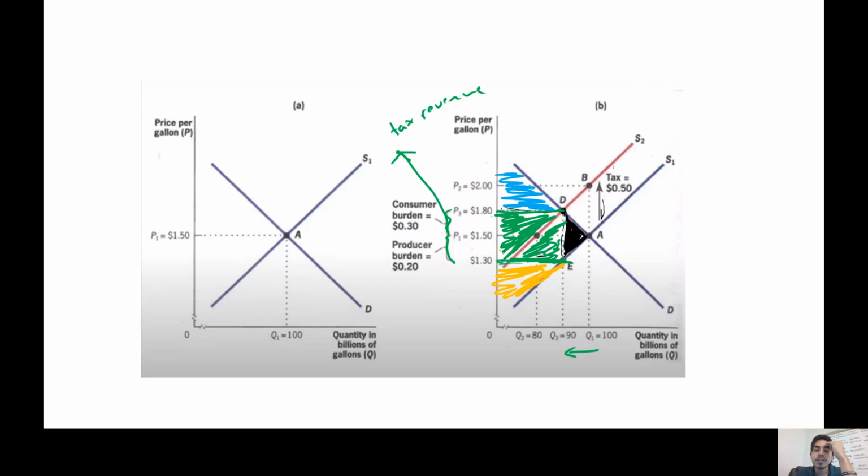Because of this tax wedge, I suppose. Sorry, I'm just trying to find a good way to explain this. Because of this tax wedge, we're distorting incentives, right? Because consumers don't feel like they're paying $1.30. They feel like they're paying